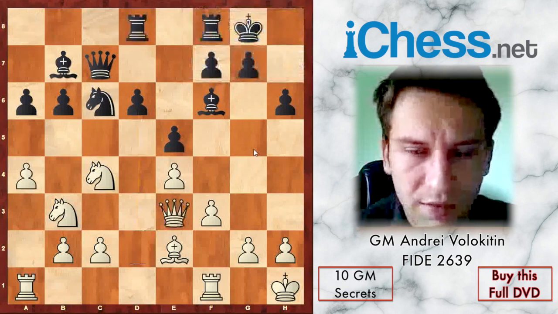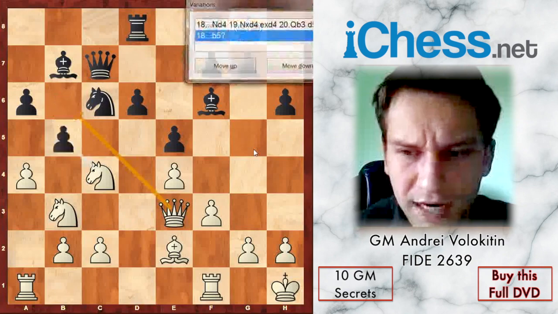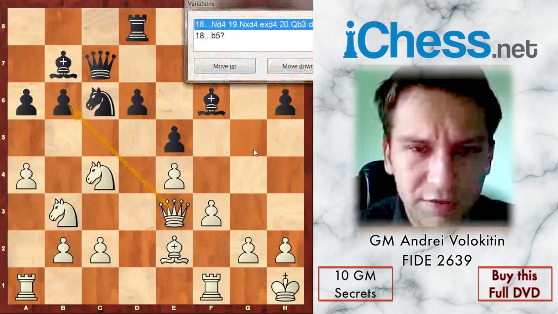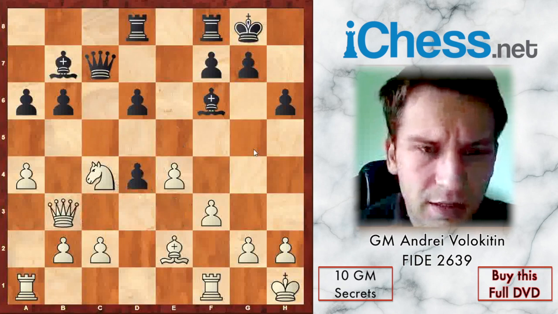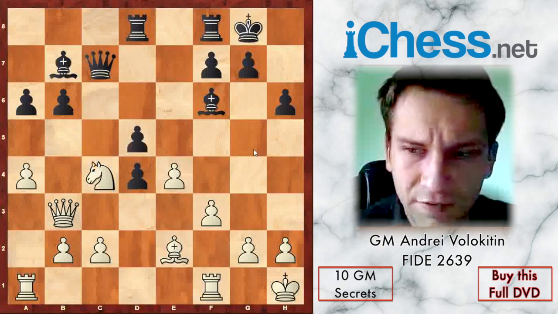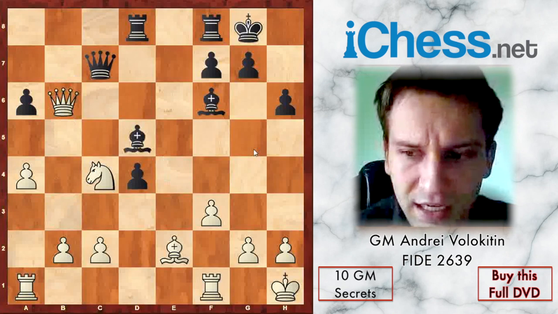I played queen a3, and now he made a big mistake. He played b5. Instead of b5, he should play knight d4. It was the right move. After knight d4, ed4, queen b3. He should play now, he should sacrifice a pawn to play d5, and after ed5, bishop d5, queen b6,